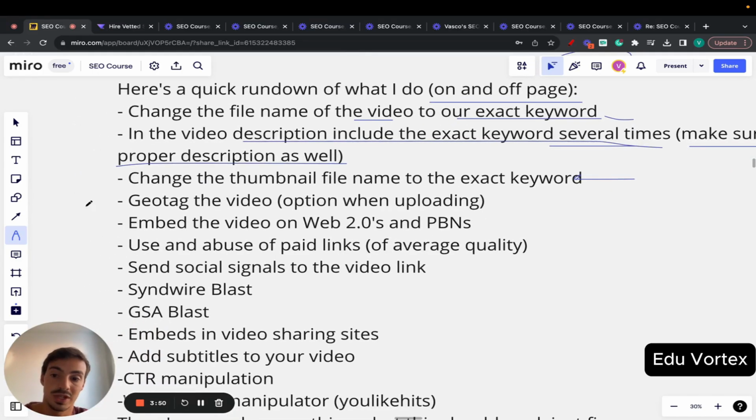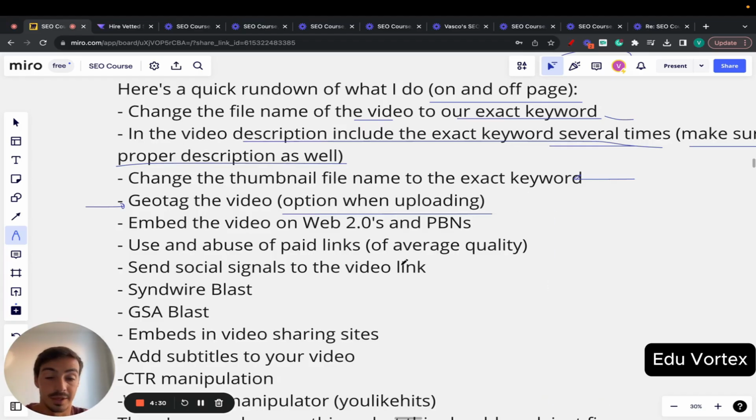Then, you can geotag videos when uploading them or before uploading them, right? There are free tools online. You can just type in free video geotagging tool. You can also geotag the thumbnail, by the way, right? So just know that. And this is great if you're wanting to rank videos for local terms, right? Local plumbers or local businesses in certain places, right? So just keep that in mind that you can do this, again, going the extra mile, right? So geotag the video before uploading it. And then there's also an option in the settings when you do upload the video to set the location of the video as well. Again, if YouTube is giving you a list of things to add, make sure to add them all, right?